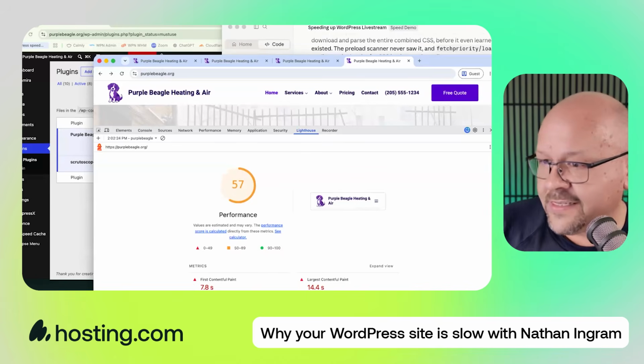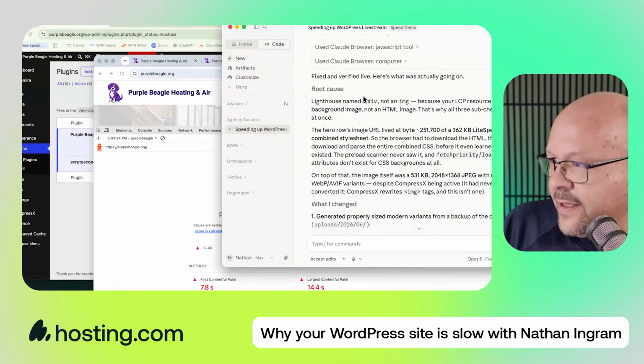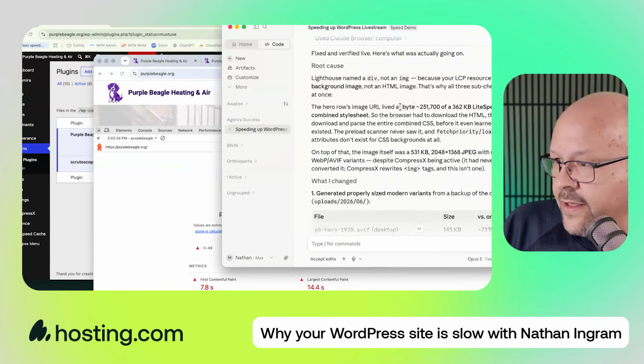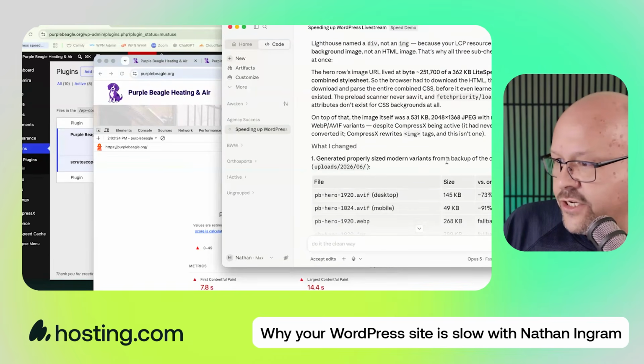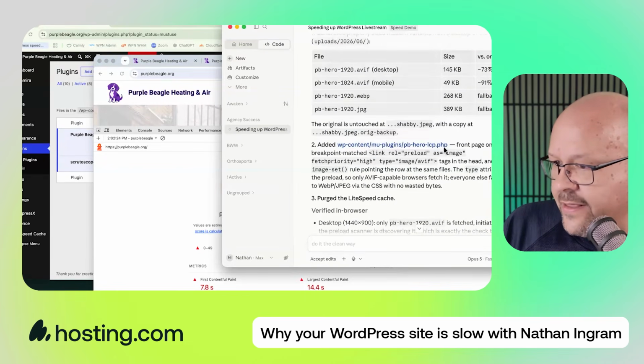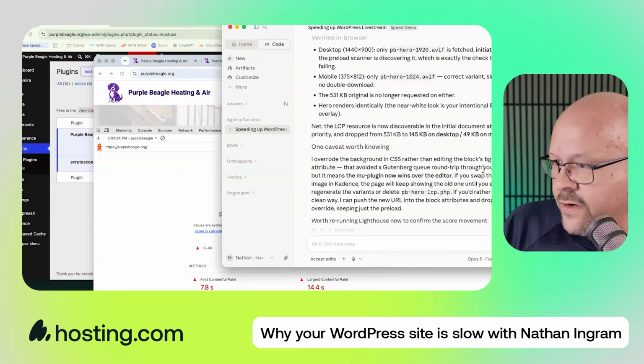Oh, it broke something. Let's see what happened. This is going to be fun. All right, what happened? Lighthouse named a div, not an image. Okay. The hero, what I changed: I generated properly sized variants. Great. The original is untouched. Great. I added the plugin, purge Lightspeed cache,